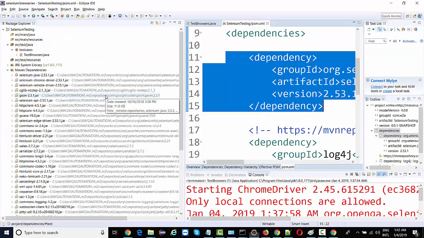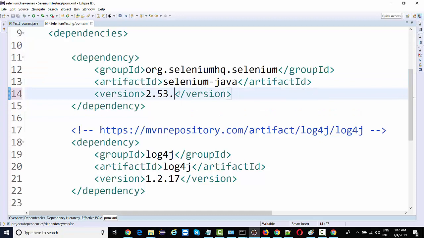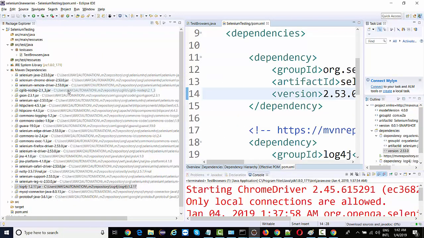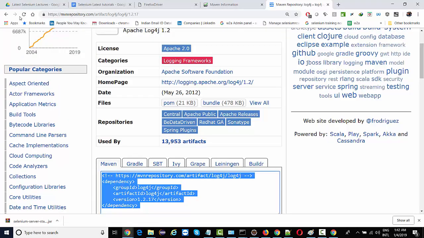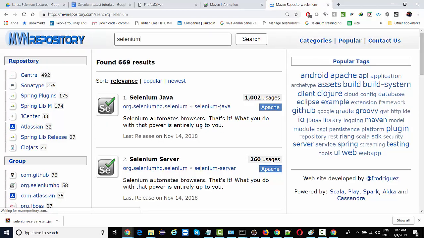If I switch in between any of these versions, apart from 2.53.1, if I do 2.53.0, within a few seconds you'll see that 2.53 changed to 2.53.0, right? So if the jars are already synced on my local machine, Maven will first look for the jars from here. If not, let's say 2.50 is there, but if I search for Selenium, any previous version,